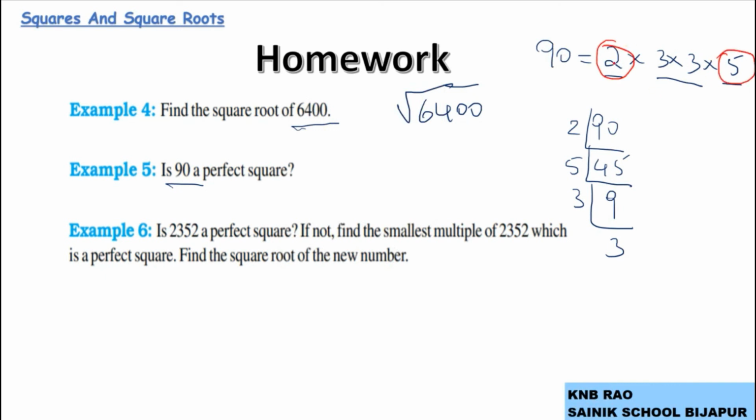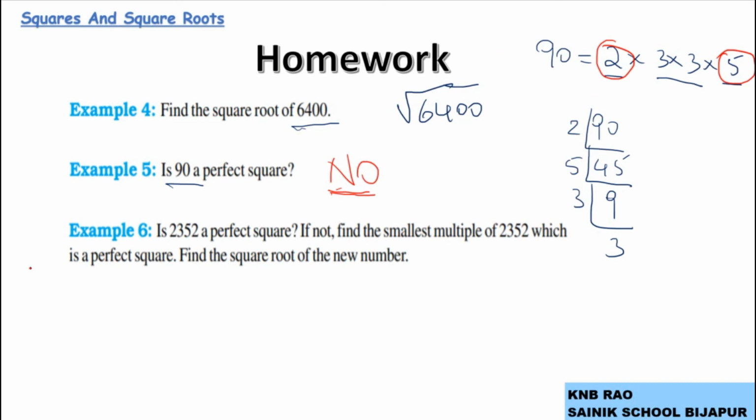For these no pairs are there, therefore 90 is not a square number or a perfect square. So this way we can answer. We learned how to answer with the help of the repeated subtraction method, and now you know how to answer whether 90 is a perfect square or not by the prime factorization method also. If any number doesn't contain prime factors in its prime factorization in pairs, then that number is not a perfect square.